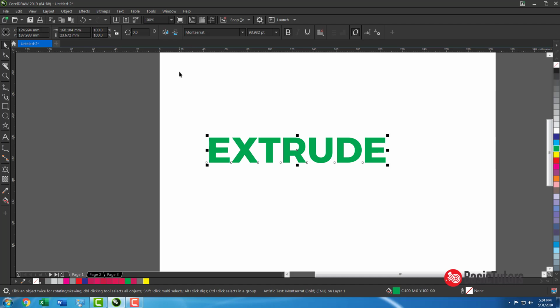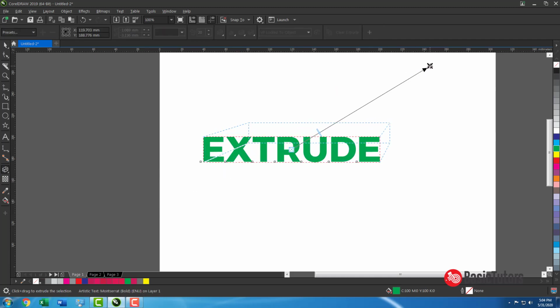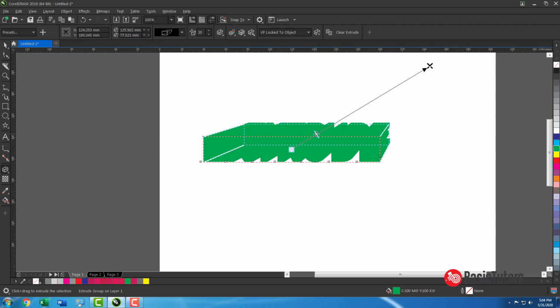Okay, fill it with the color. Make a text and fill it with color, and select the extrude tool. Make an extrude. After making any extrude, if you change the color, then only you can see the difference.